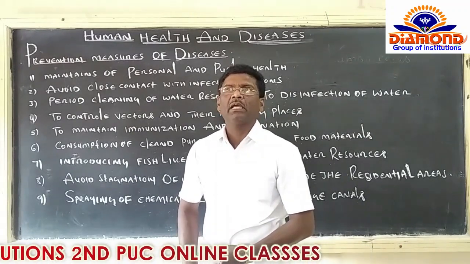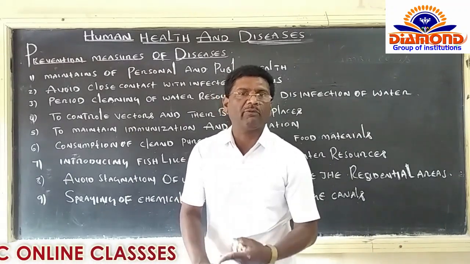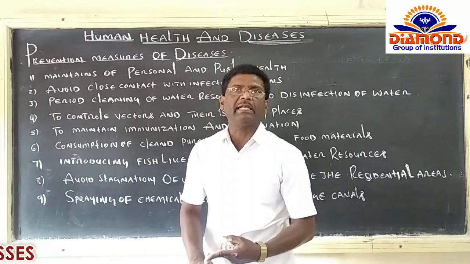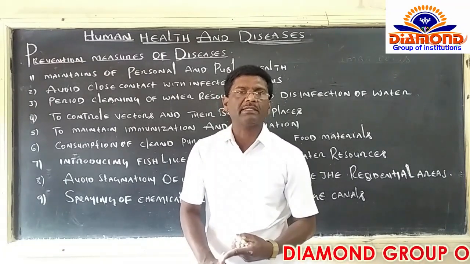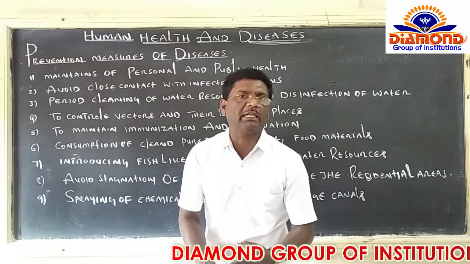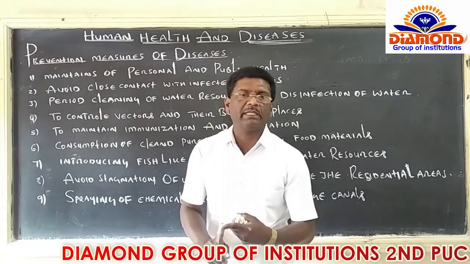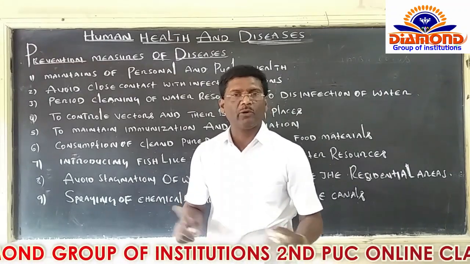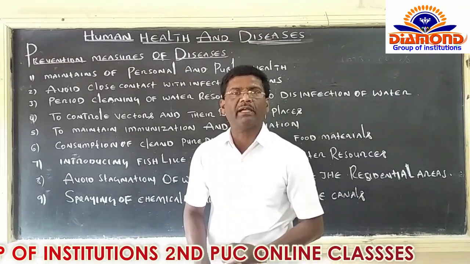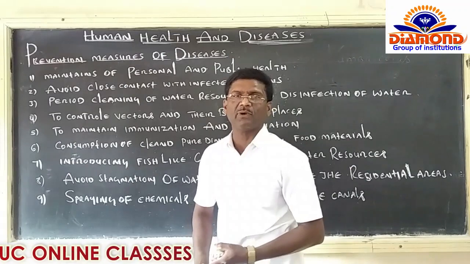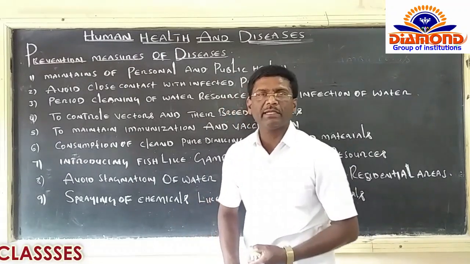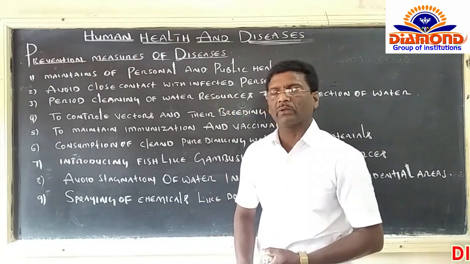For example, if you want to prevent or avoid malaria during night time while we are going to sleep, we have to use some mosquito coils, some chemical liquids and some mosquito nets. If we use those, we can easily avoid vector-borne diseases such as malaria. That is the meaning of prevention is better than cure.